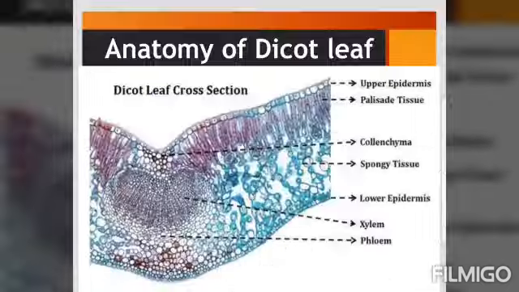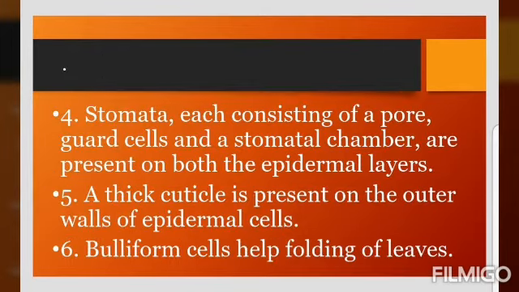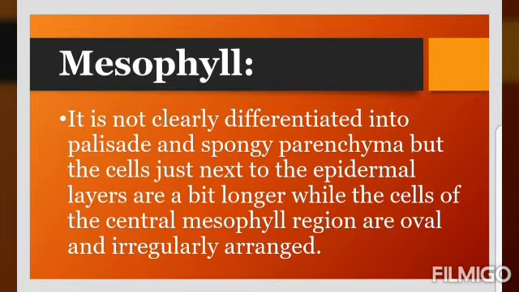The vertical section of a dorsiventral leaf through the lamina shows 3 main parts, namely epidermis, mesophyll, and vascular system. The epidermis, which covers both the upper surface, adaxial epidermis, and lower surface, abaxial epidermis, of the leaf has a conspicuous cuticle. The abaxial epidermis generally bears more stomata than the adaxial epidermis. The latter may even lack stomata.